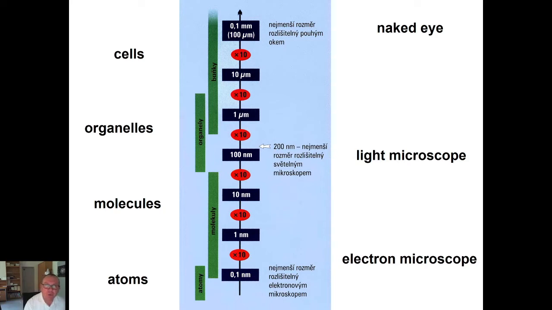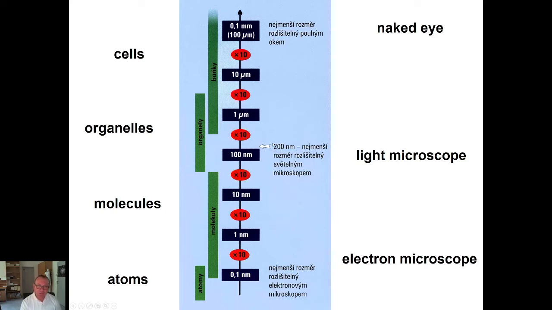Everything smaller is in fact invisible to the eye without any equipment, and so we must use some type of magnification. A light microscope can increase our resolution power approximately 500 times, and the resolution power of a light microscope is thus